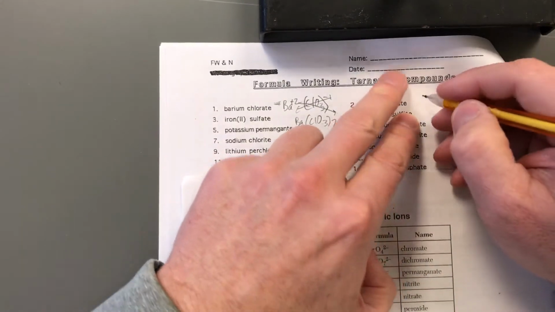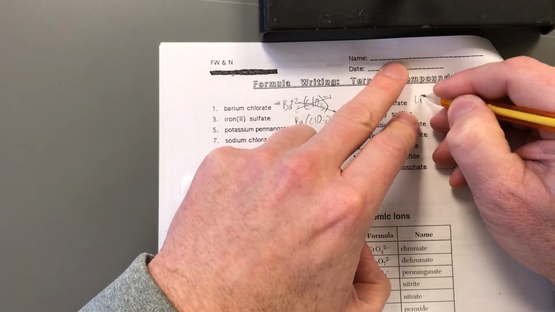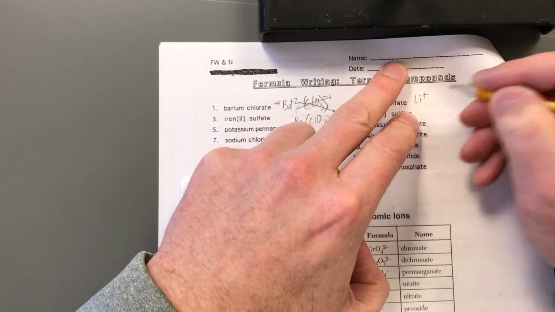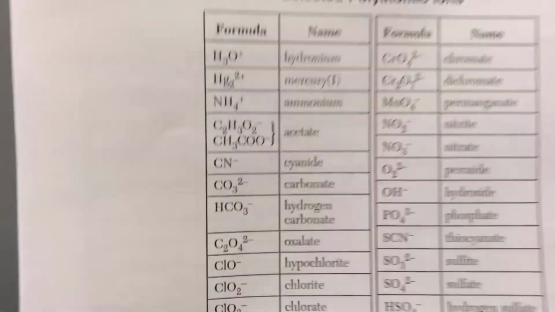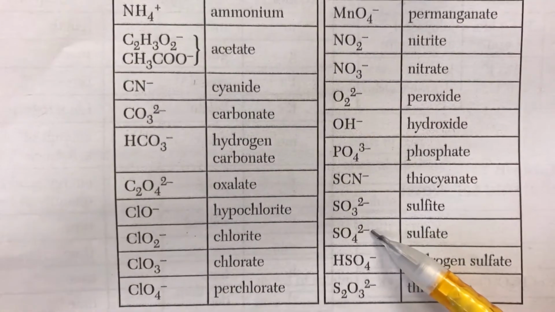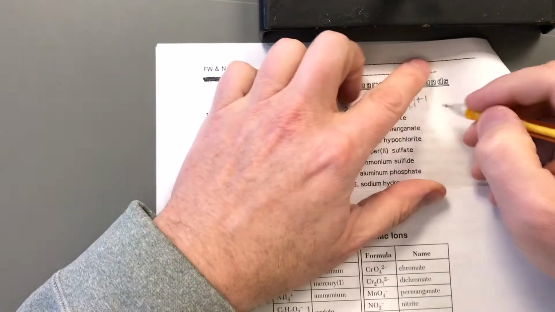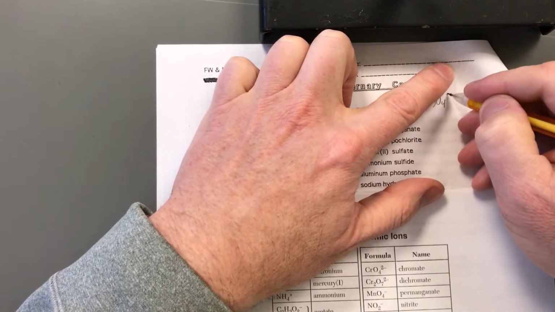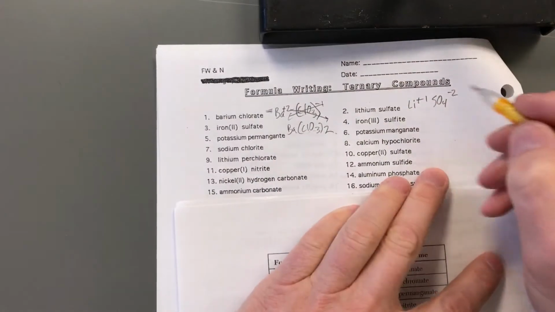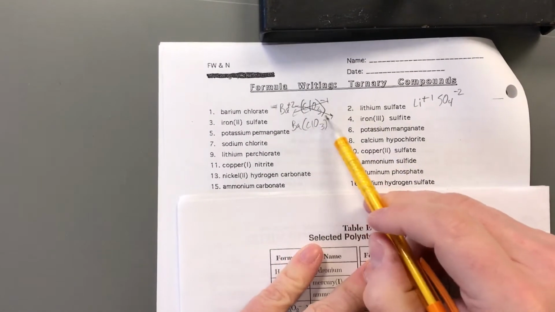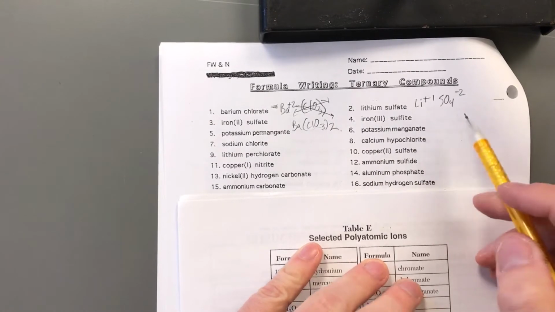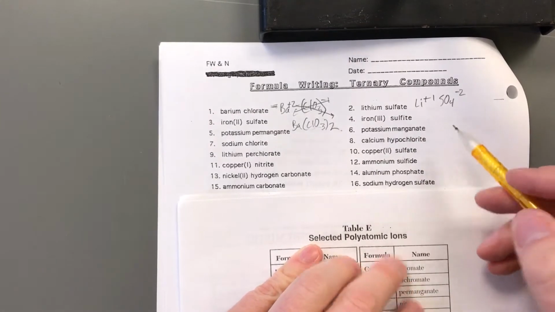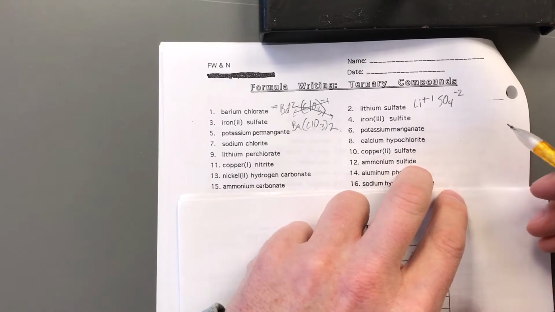Okay, let's look at lithium sulfate. Lithium is in group 1, it's a +1 element. Sulfate, if we look up sulfate, SO4 is -2. So my SO4, the whole thing is -2. Now, if you notice this time I put a parentheses there, I don't necessarily always need to have a parentheses because it really depends on where the number goes. But if you want to get in the habit as you start, you can,